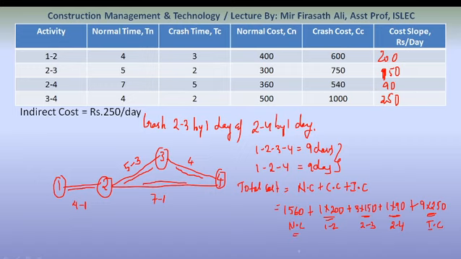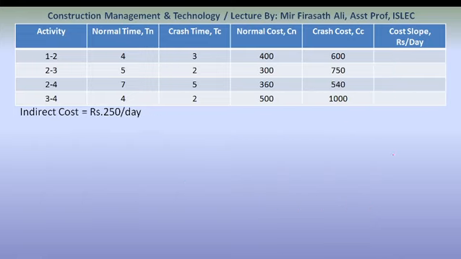Okay, so what is the total sum? 4550. So now we have got our point 5. The project is completing in 9 days. The cost is 4550. 4550 is nothing but our point 5. After this, we will do the crashing of all activities. All crash. Let us crash the network.